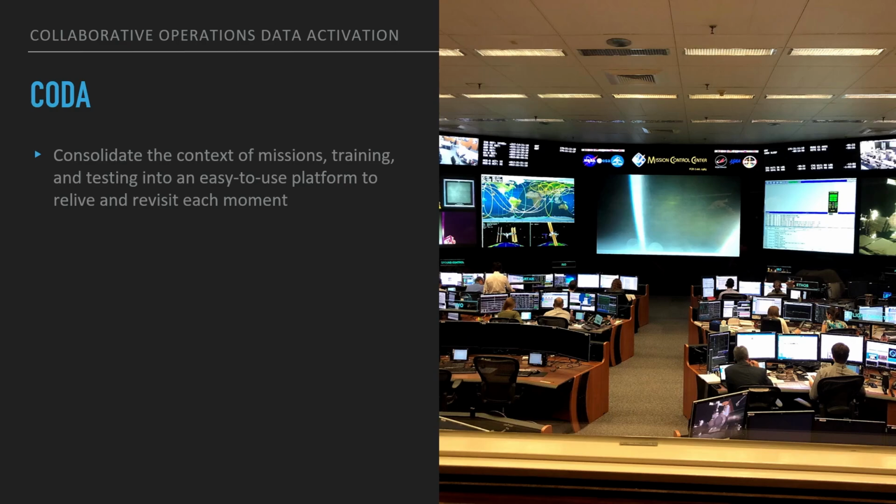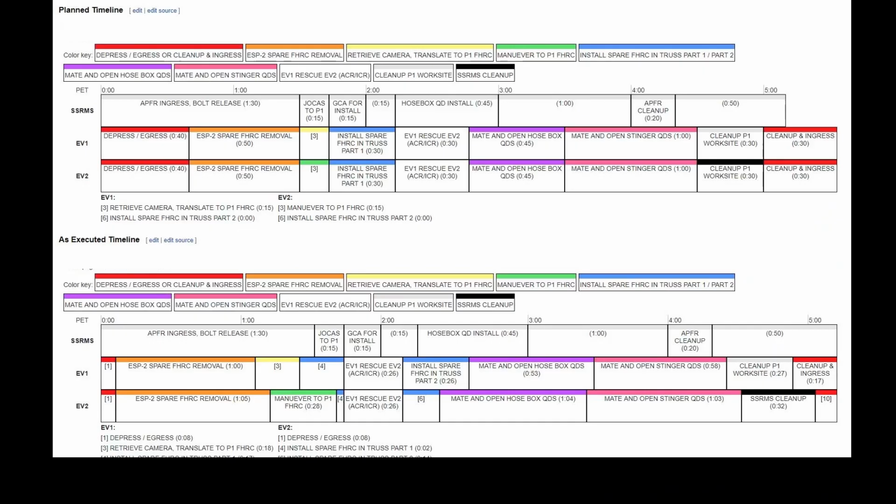It's called CODA. And the mission of CODA is to consolidate the context of missions, whether it's training and testing or actual missions, into an easy to use platform. And I've gotten permission to show you some of this. So here's an example of an EVA that is planned at the top. This is what we think we're going to do when we're on the spacewalk on the space station. And here's what actually occurred below